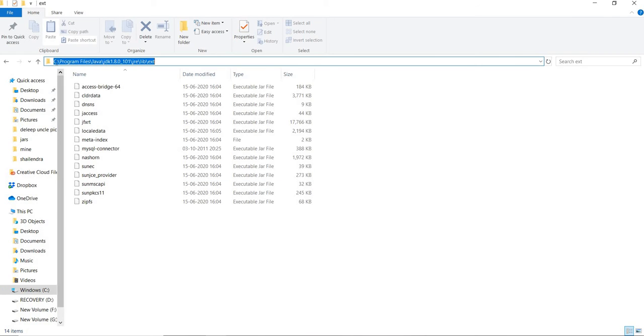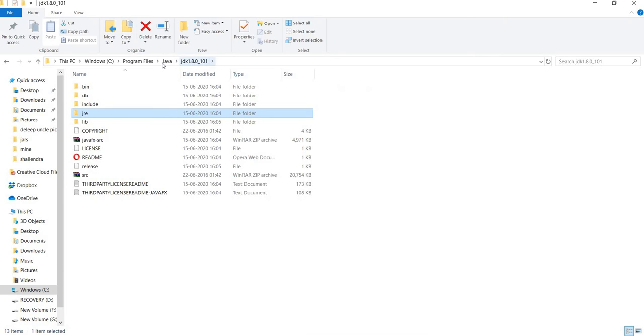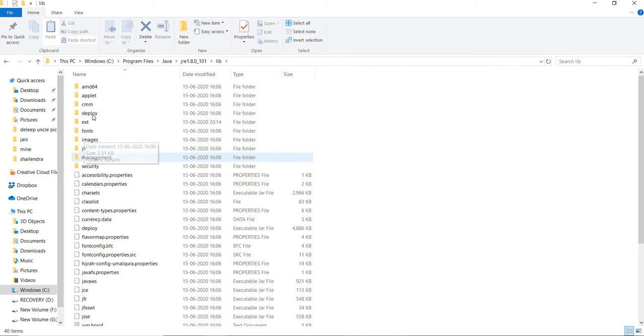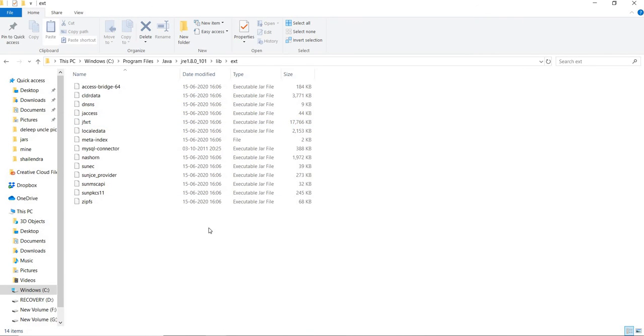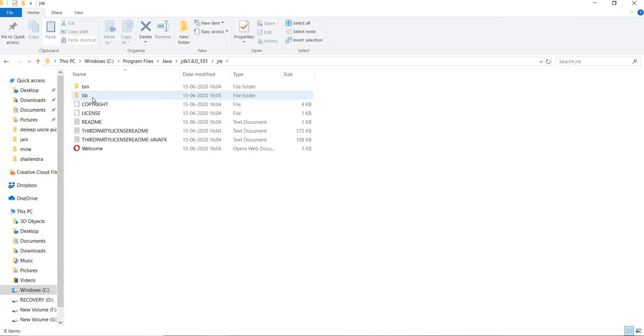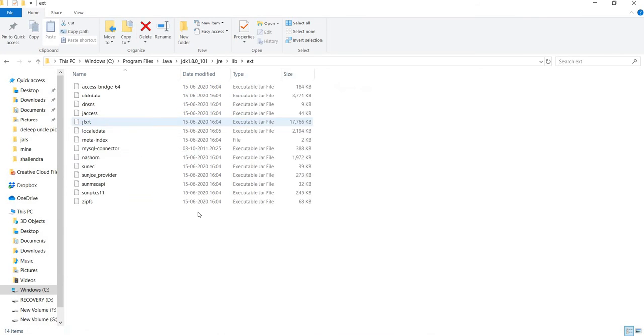here. As you can see, the path is specified: C, Program Files, Java, jdk, jre, lib and ext. In this folder you have to put your jar. If it does not work from here, then go to the Java folder, jre, lib, ext folder and put that jar there also. In my case it didn't work from here, so I have already put it into the jdk, jre, lib, ext folder also. So now it's working fine for me. You can put it at both places and then it will work.